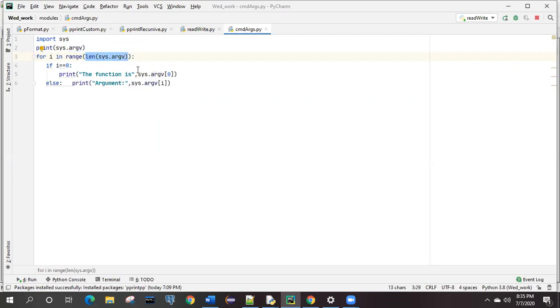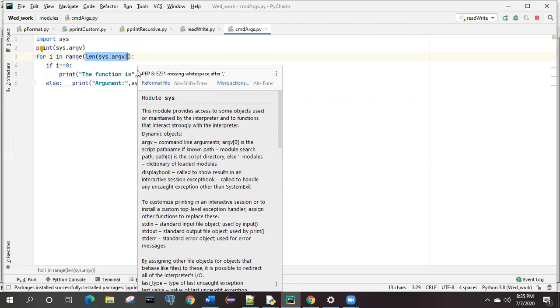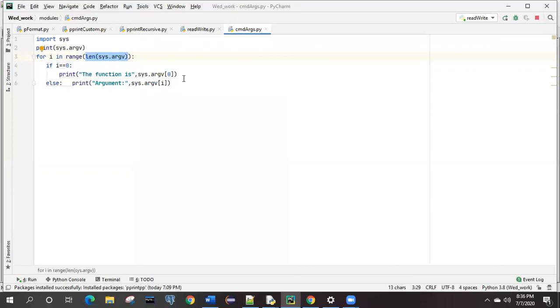If you are giving two arguments, the length will be calculated as 2. Then for i in range of 2, it will work and check: if i is equal to 0, it will print this one, else it will print this one.